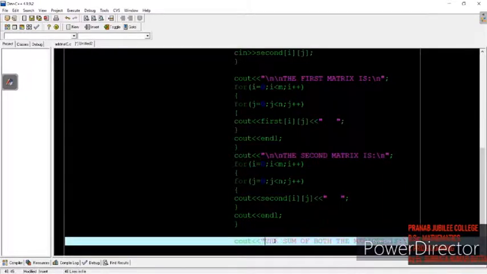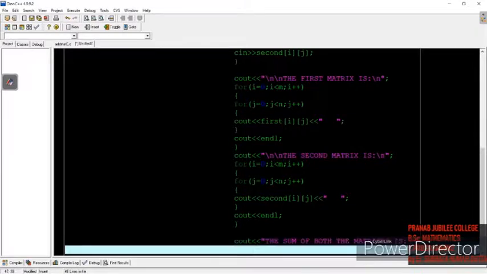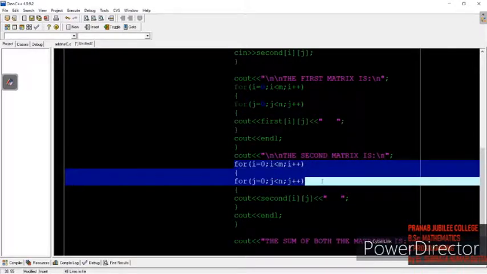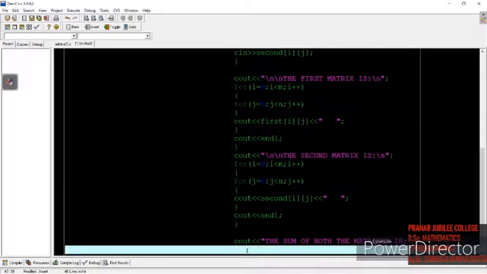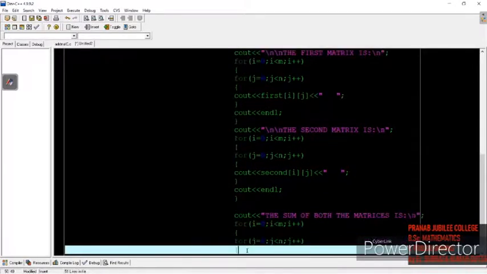So when you are doing the sum, you also have to run the loop, right? Why? Because we'll add each index at a given time, meaning we will consider only one index at a given point of time. Let's consider the element stored in one index value.